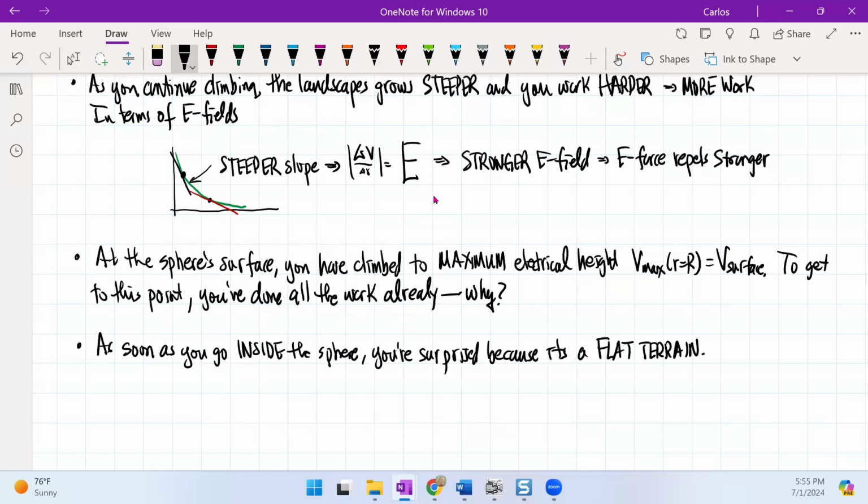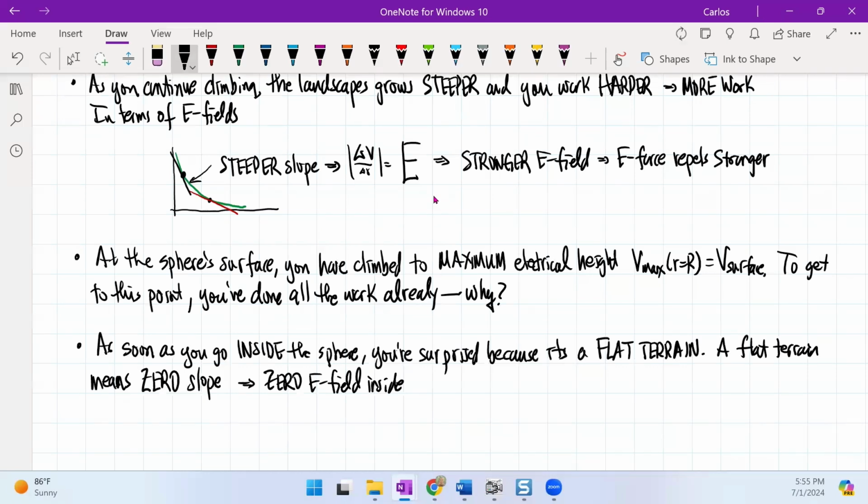Completely flat. A flat terrain means zero slope. And if it means zero slope, that means you have zero electric field